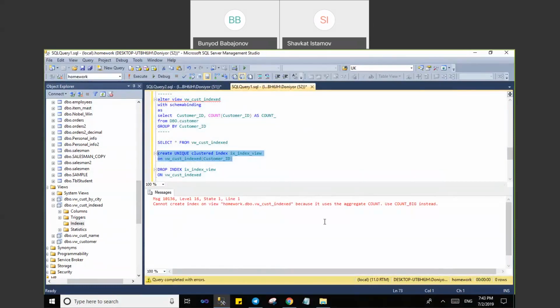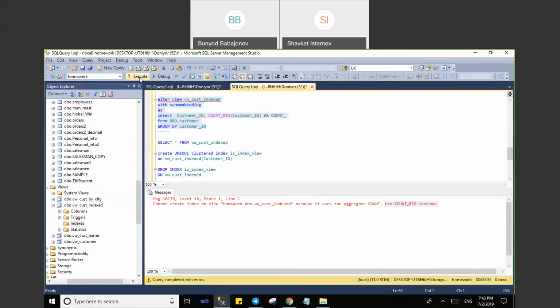You see? What it's saying is, cannot create this index because it uses the aggregate count. So use count big instead. Okay. So now if we use count big,